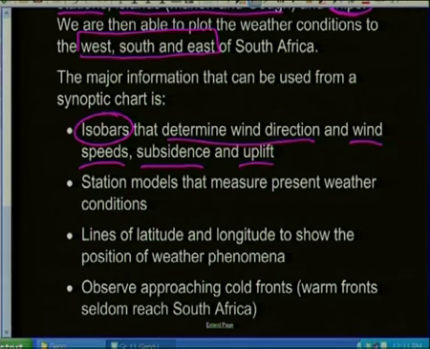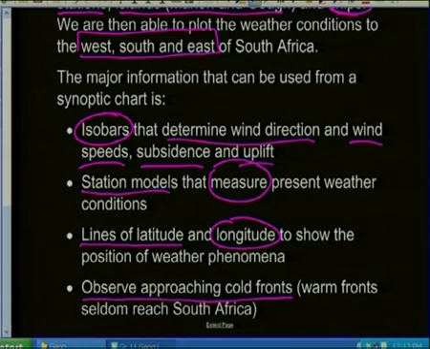We also look at our station models that measure the present weather conditions. So how hot or how cold it is, how fast or how slow the wind is, how wet or dry the air is, etc. Lines of latitude and lines of longitude are used to show the position of these weather phenomena, where they are actually occurring, and we can observe the approaching cold fronts, warm fronts, which seldom reach South